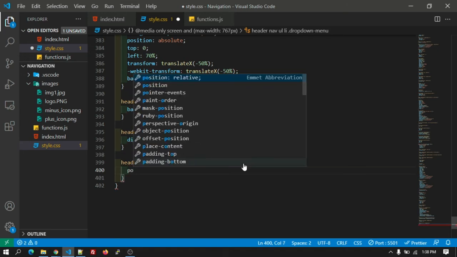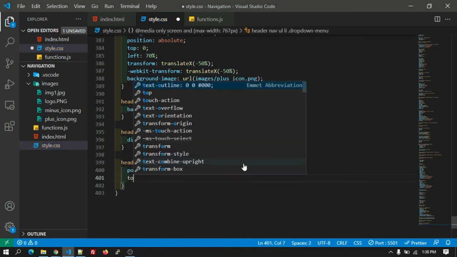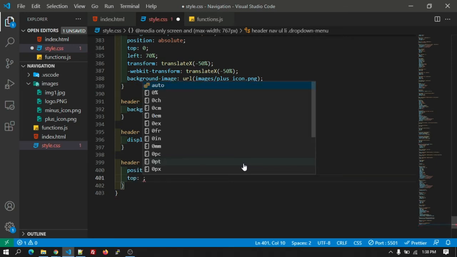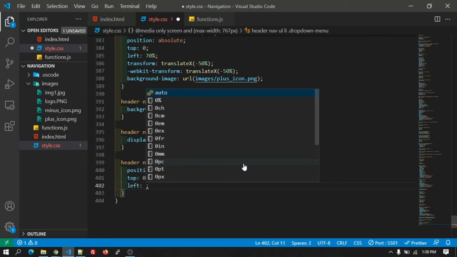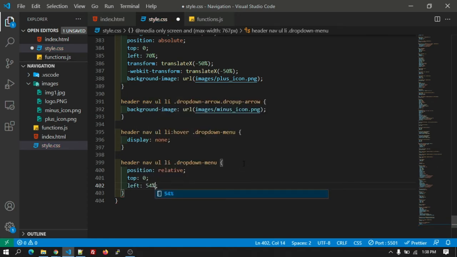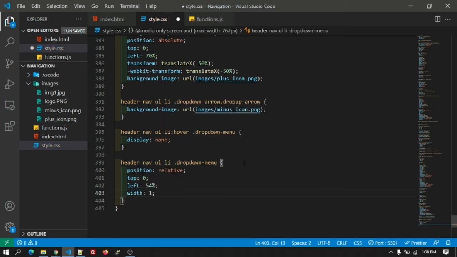Let's give the CSS position relative, top 0, left 54%, and the width will be 180 pixel.